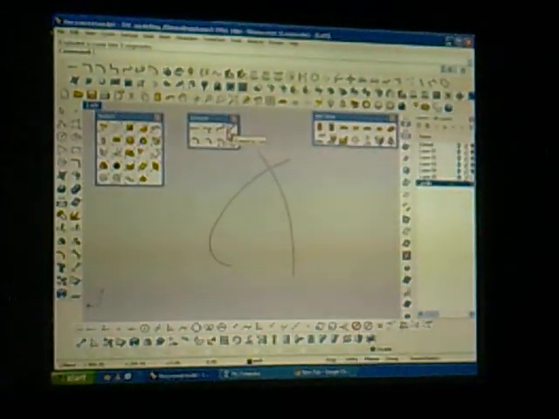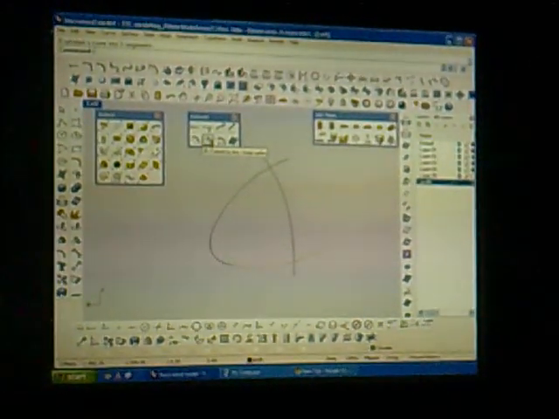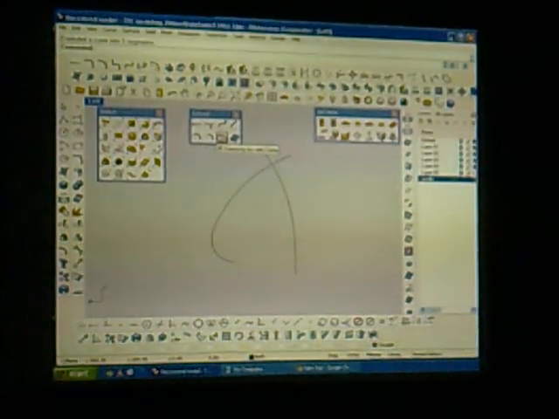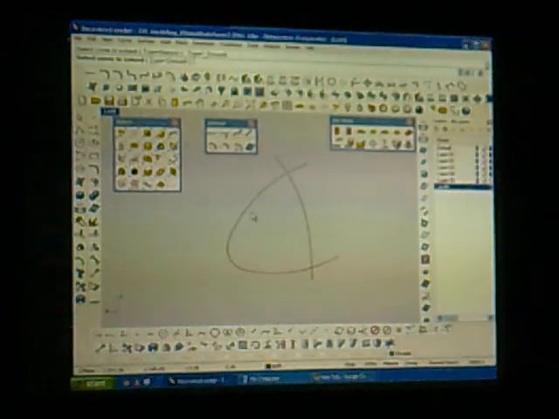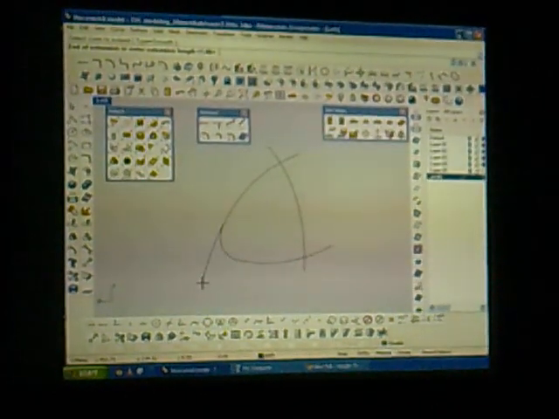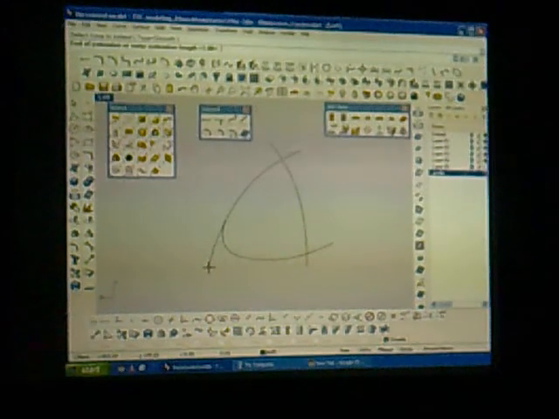Now in extend, this is extend curve smooth, this is extend curve in a straight line, this is extend curve as an arc, this is extend curve as an arc keeping the radius, this is extend arc with center, and this is extend curve on a surface. Okay? So what you generally would prefer to do is extend curve smooth. So you will take this curve, this edge, and smoothly wherever you want to end it, the way the curve originally was, maybe somewhere like this, finish it. Similarly, you will take this one and you will go and place it.